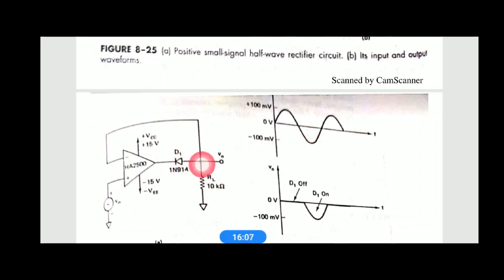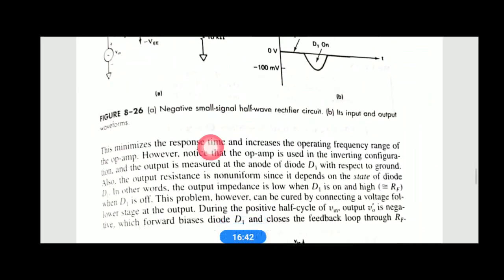you can see the anode is more, right, and the cathode is less, meaning the cathode is more negative, the anode is less negative. So therefore the anode is greater than the cathode for the negative half cycle, hence the diode is forward bias, and we can say that during the negative half cycle it will act as a voltage follower. Whatever negative half cycle you applied here, the same negative half cycle you will get here. For the positive half cycle it is reverse bias, you will not get a positive half cycle.